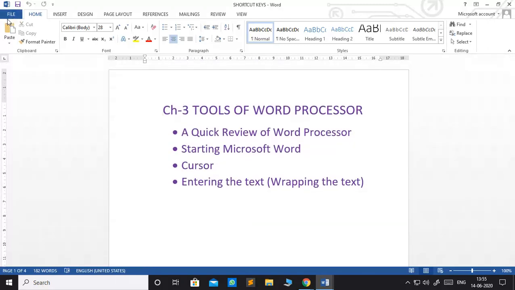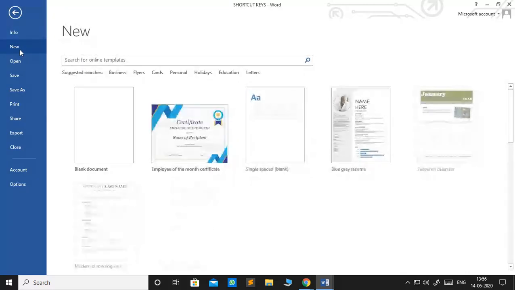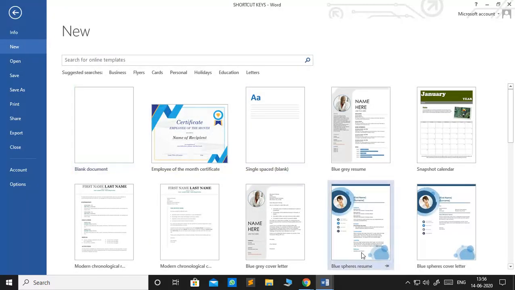This is the file tab. Now I want to create a new file. So new document, you can say file also, no problems. Simply click on the new button here. Just click on the file and then choose the new option, and then it will show you many templates.